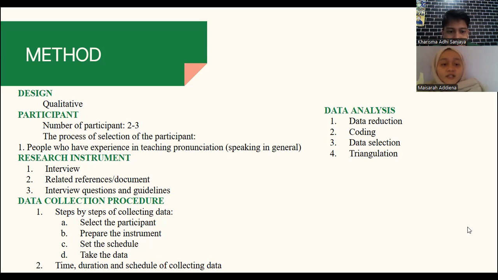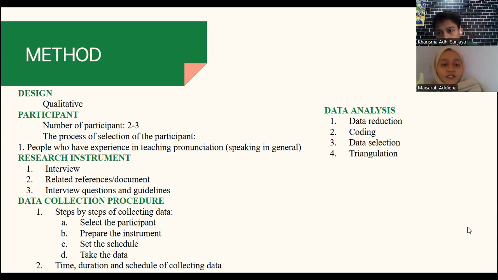And next, set the schedule with the participants and take the data. From interview, record response, or collect relevant data. For the time duration and schedule of collecting data, we take by online meet, like Zoom, Google Meet, or chatting by WhatsApp.